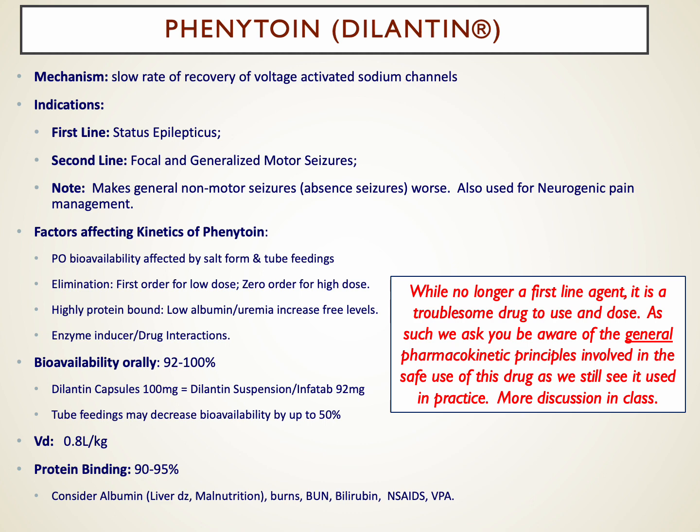So as such, phenytoin is complicated. The Dilantin capsules we alluded to, the bioavailability is a little different. Tube feedings can affect the bioavailability as well. It's highly protein bound. Its volume of distribution can vary based on the fluid status of the patient, but its volume of distribution is about 0.8 liters per kilogram, which affects where Dilantin goes. And some of it, of course, is going to be distributed in the central nervous system because it is an agent that works via nerve conduction. But all of these factors make the kinetics and the management of dosing of phenytoin more complicated.